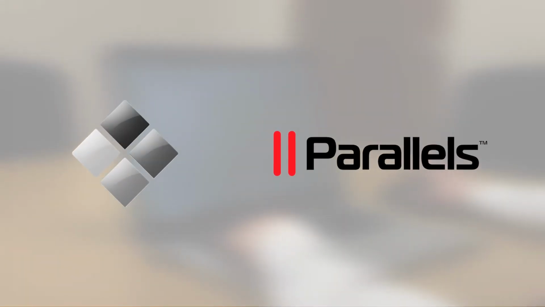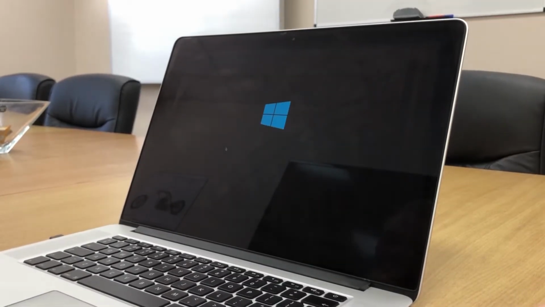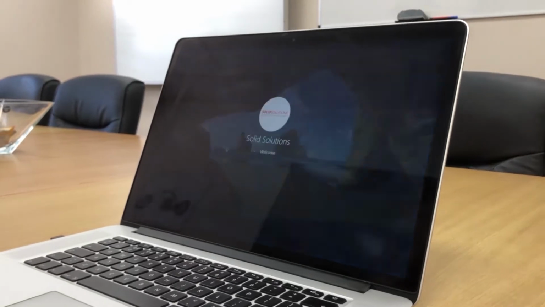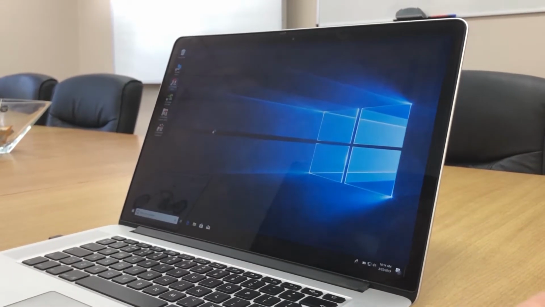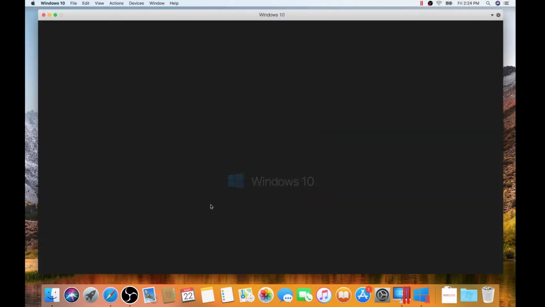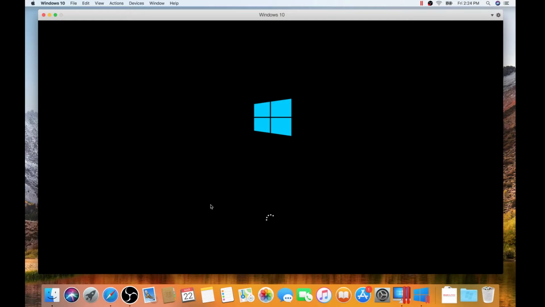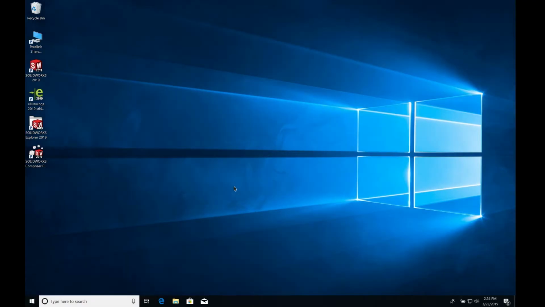If you've not come across these before, they essentially allow you to run Windows on a Mac. Once set up, Bootcamp simply allows you to start Windows instead of macOS when you boot up your machine. In comparison, Parallels runs on macOS and launches a virtual session of Windows simultaneously. This can be really convenient, but it requires a serious amount of computing power to run macOS, Windows, and SolidWorks at the same time.